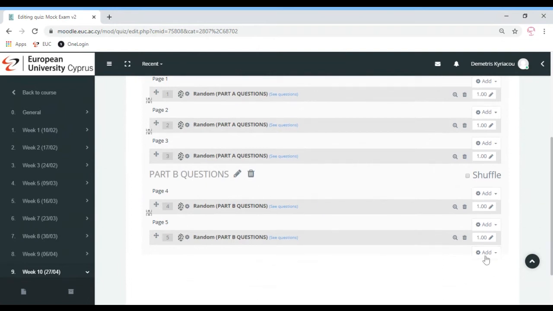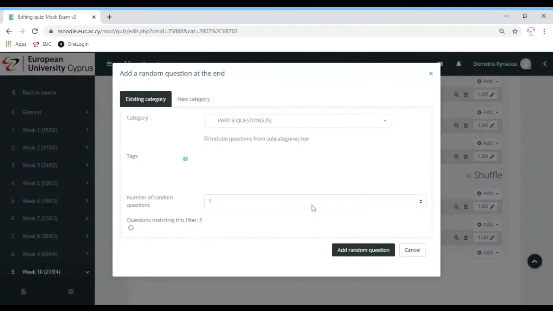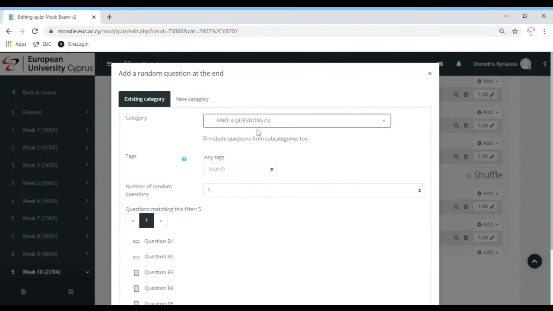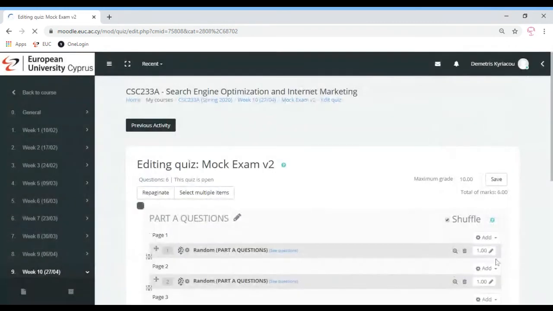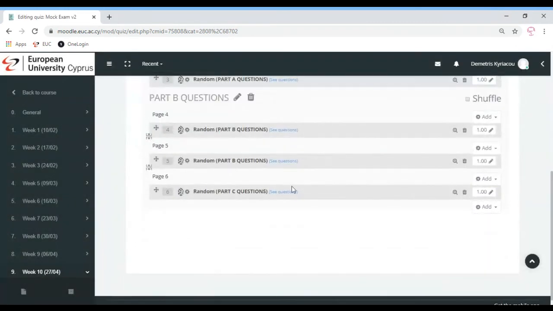We also need part C. So I'm going over there, let's append the test with random question. I'm now going to go to my part C. I have 3, so I'm only going to generate 1 for every student. That's up to you. Add random question. So this is added, and you can see that over here, I need to add a section heading once again